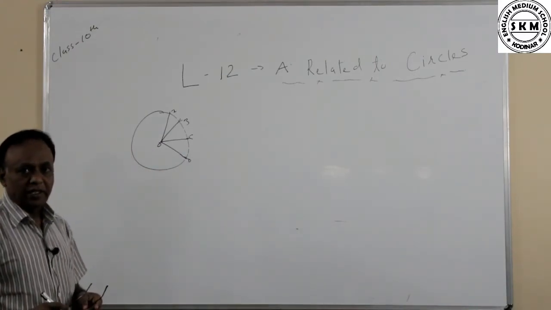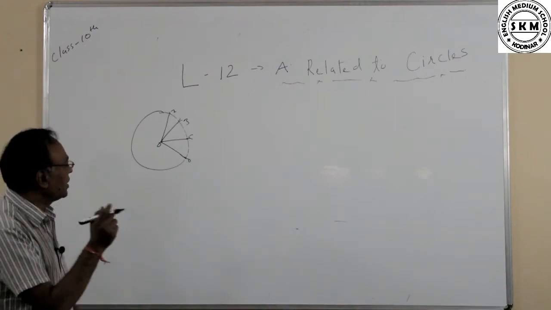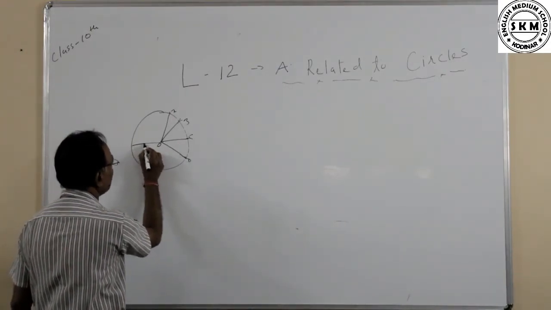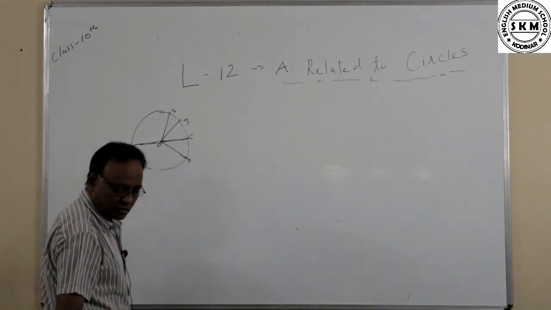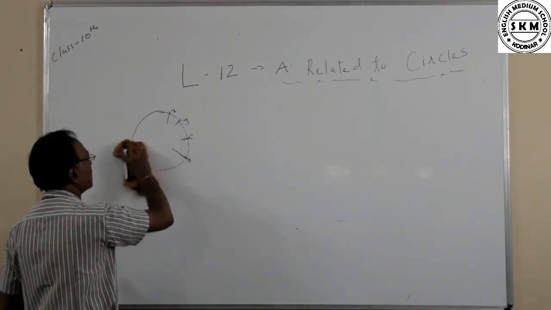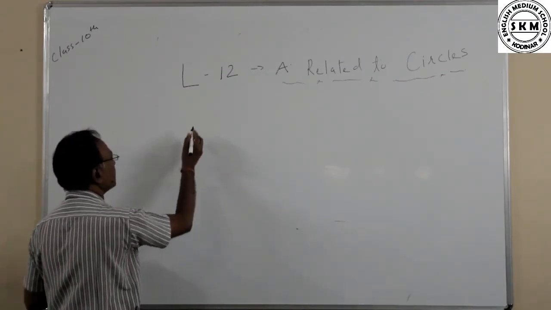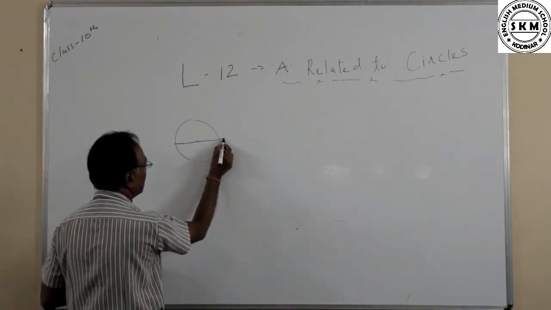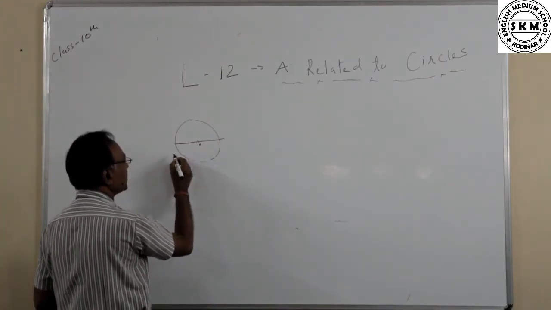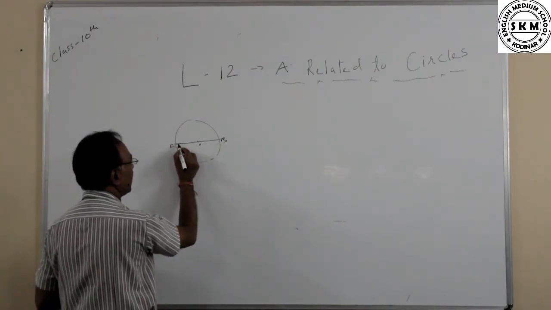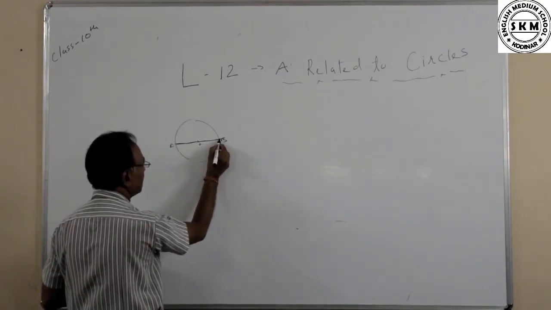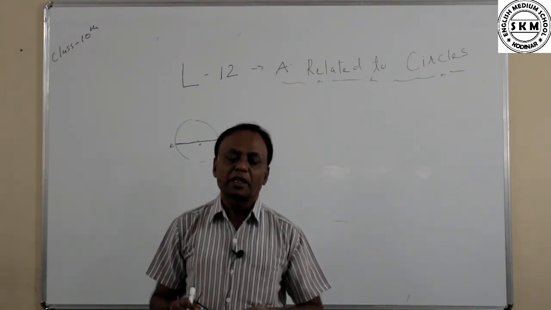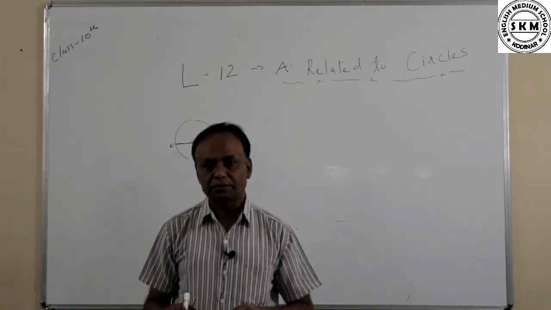Now the second definition, it is the diameter. Suppose here I draw the circle, it is a fixed point. Now it is the center point and here it is AB. Now the definition of the diameter, it is also a line segment.